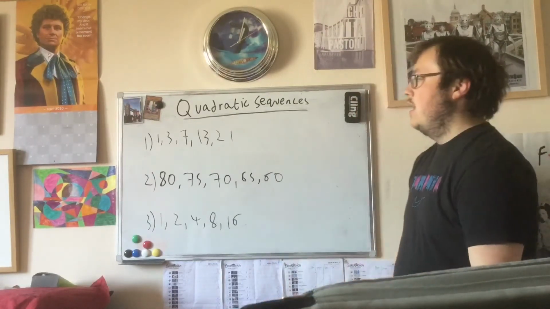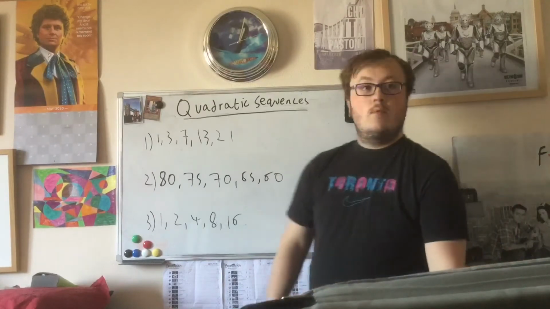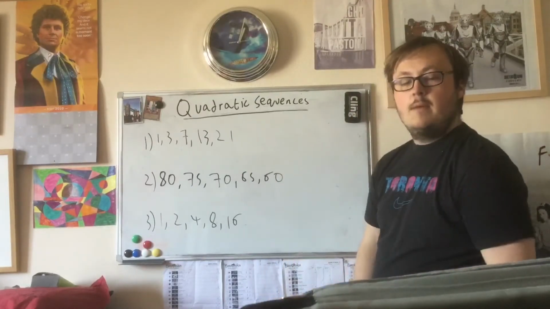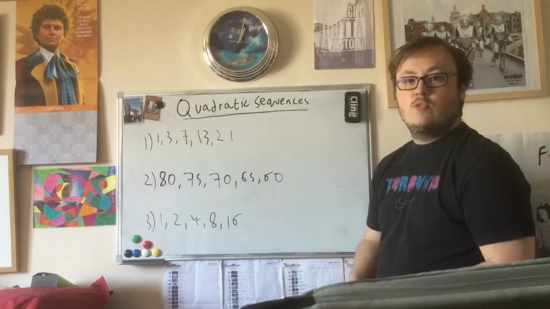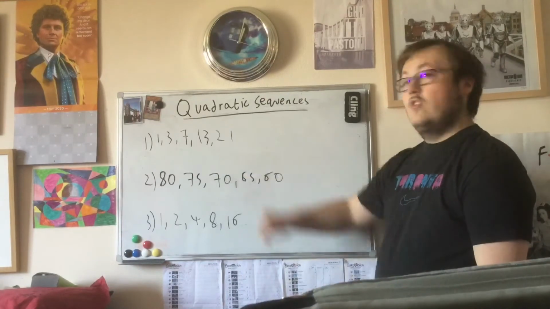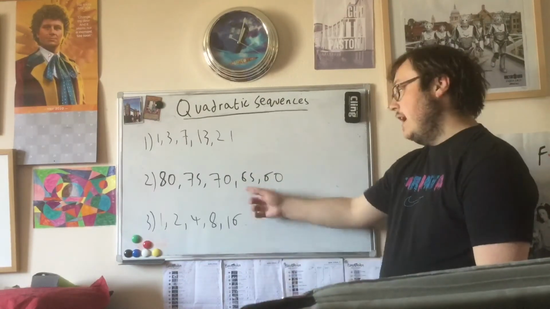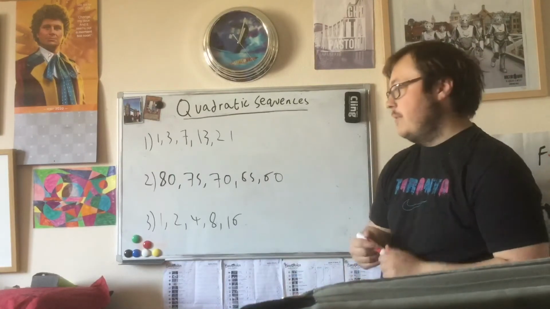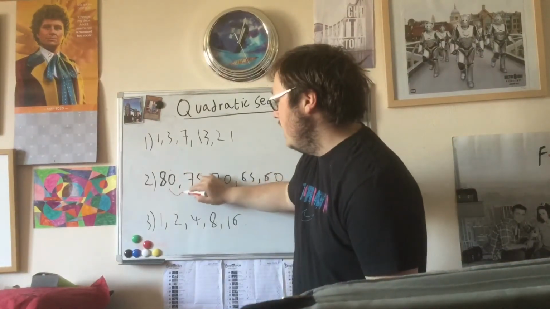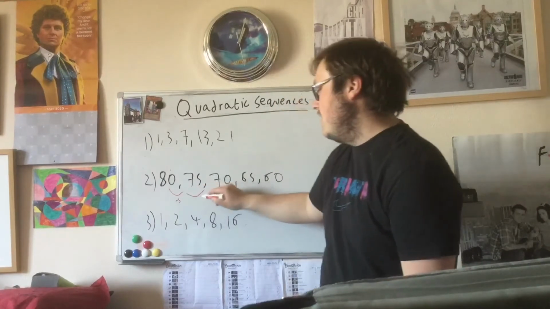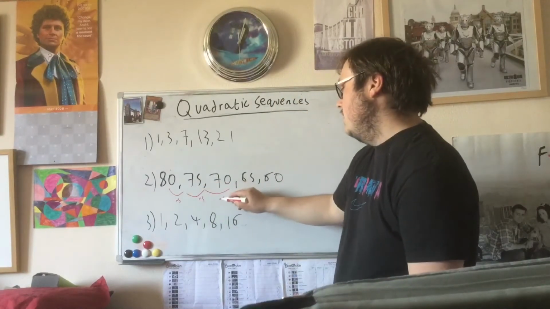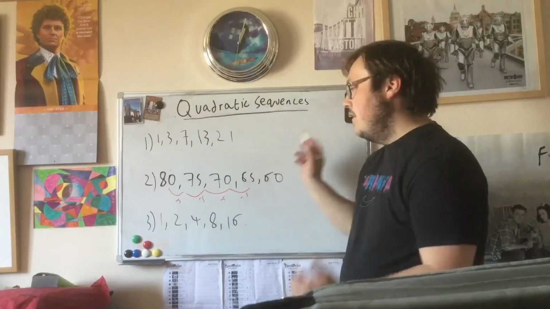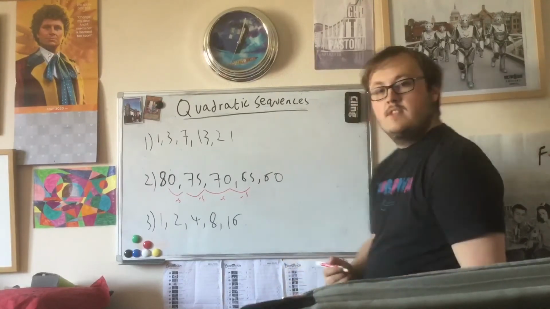So, let's do the one that we think is linear first. Linear means it increases or decreases by adding or subtracting the same number. That is not the same number, that's multiplying, so it must be the middle one. What is this sequence going up or down by? It's going down by 5 every time. That's the same as the -5 times tables, or